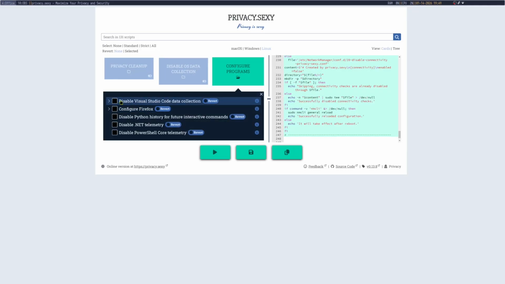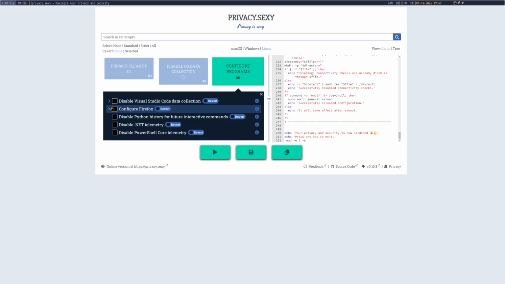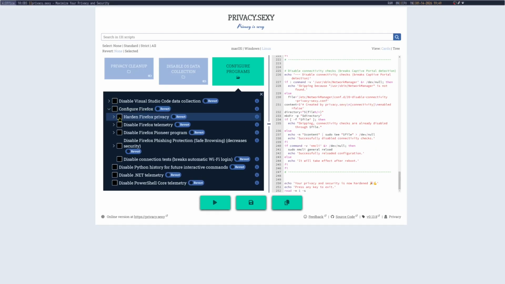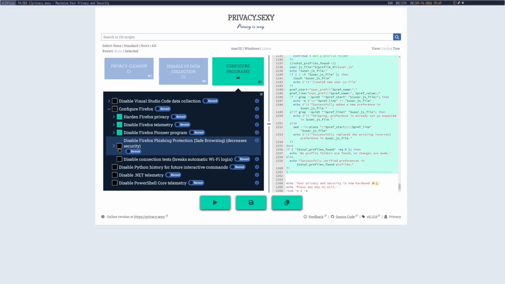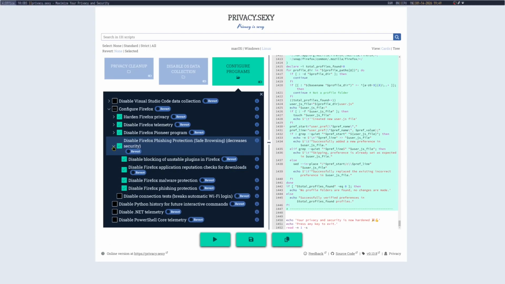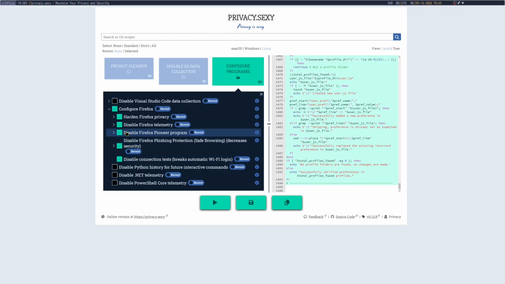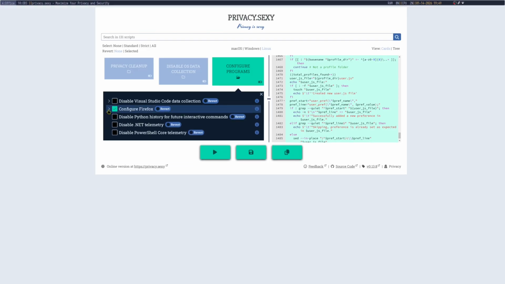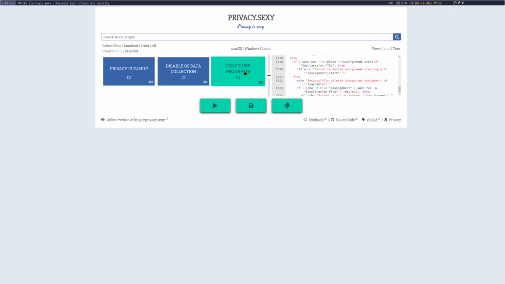You can configure some programs, like for example, you can disable all the Visual Studio Code data collection, but I don't have that. You can configure Firefox to harden privacy. You can disable telemetry. You can disable the Pioneer program and the phishing protection, which will decrease security. However, it's actually going to help with your privacy. And then of course you can disable connection tests as well, which will break automatic Wi-Fi login. You can disable some Python history, .NET telemetry, you can turn that off. And if you have PowerShell, you can disable its core telemetry. So that's not much if you think about it. But I will save this